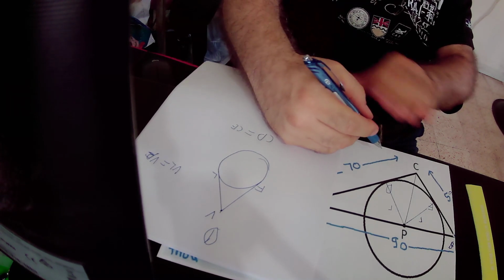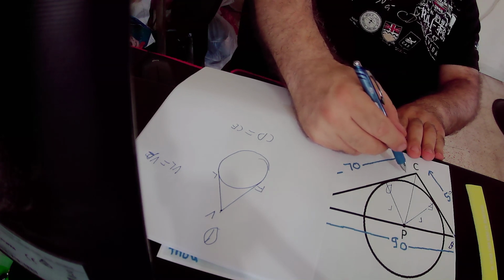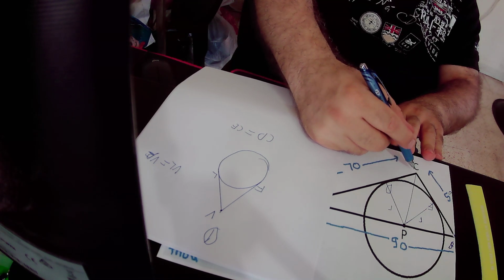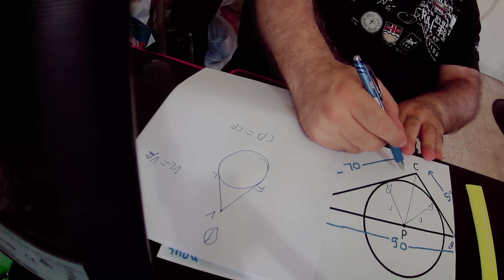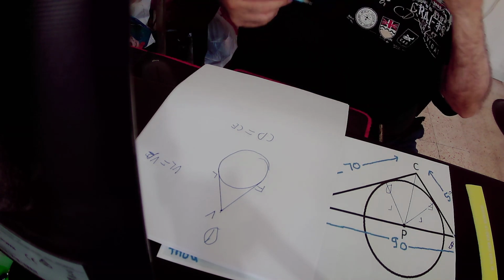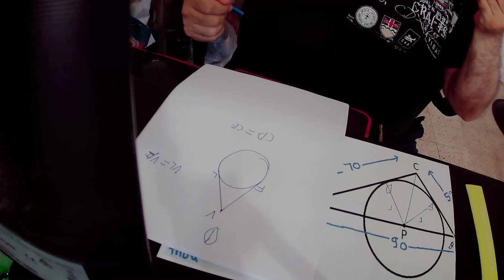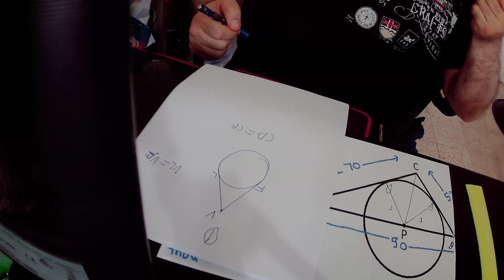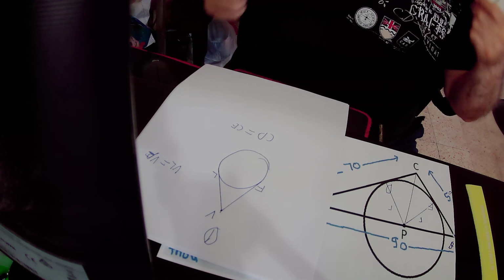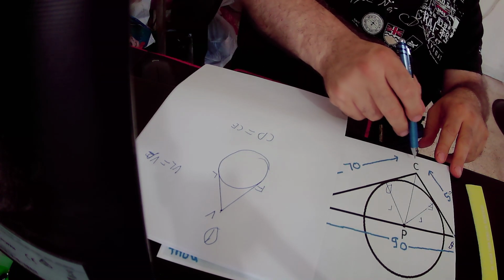The tangents actually drawn to the circle, tangent CD equals tangent CE, according to our rule that whenever you draw two tangents from an external point to the circle, those tangents are equal to each other. So CD equals CE,